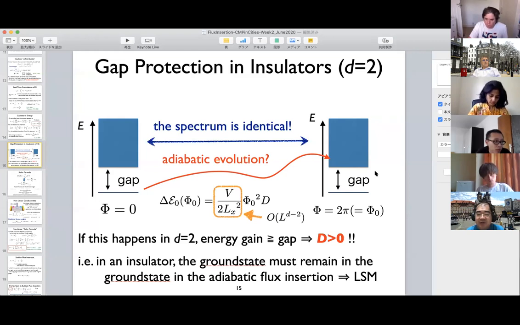Yeah, I'm still confused on the meaning of the word adiabatic for gapless systems. Well, okay, so here I'm doing this for a gapped system. For a gapless system, it's tricky. Maybe we can still define it in some way, but here I'm assuming that T is bigger than the inverse of the gap. So once you assume the existence of a gap,